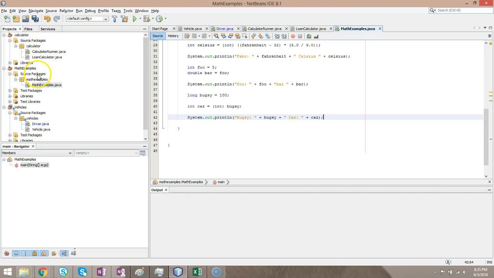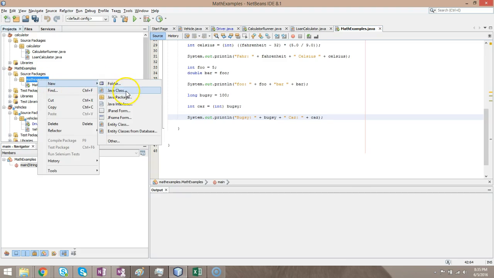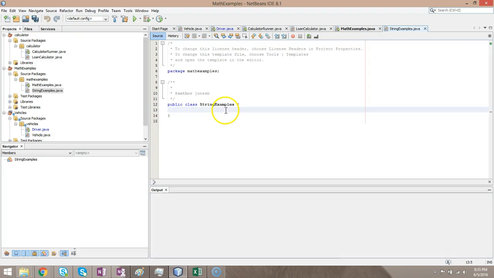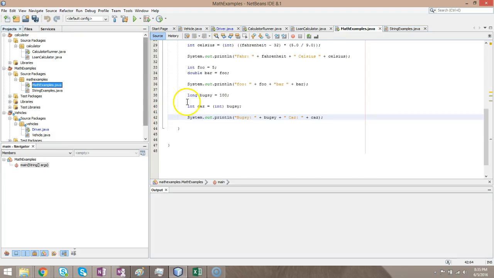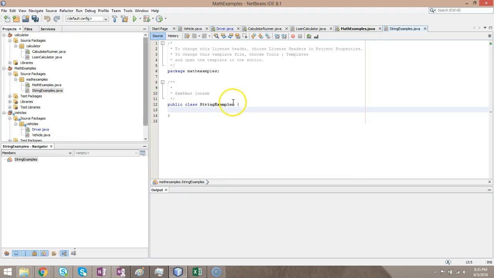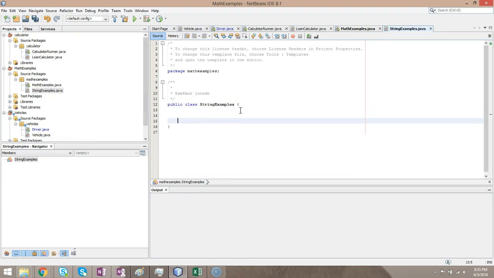So I'll tell you what I'm going to do. I'm going to make a new class here where we can do some experiments. We're going to call this string examples. Now if you remember from several videos ago, public static void main is kind of a magic method. It's a method where our program is going to start. When I started the string examples class here, it doesn't have a public static void main method. I can create one in NetBeans by typing in psvm and then tab, and it creates that public static void